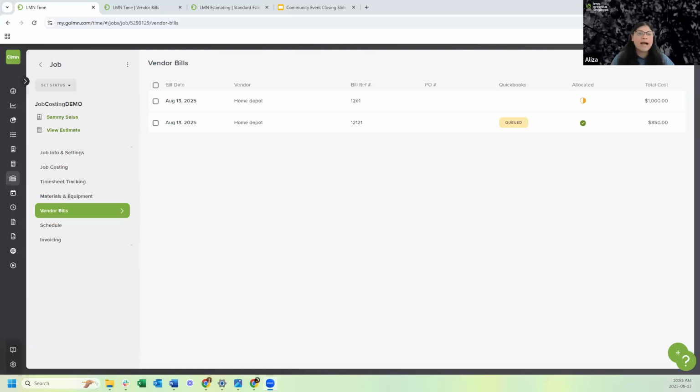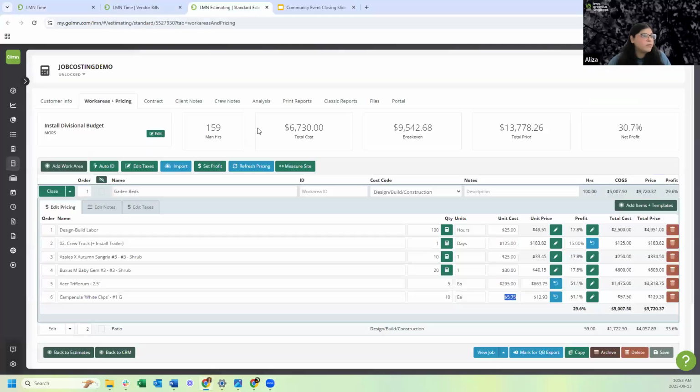But I get it. Most companies don't want to add in every single item one by one, especially if they have like 20. So that's totally fine and totally acceptable if that's the way you're doing it for job costing. But for those big items like concrete, or maybe there's an expensive plant you're using, for example, I have one here that's quite expensive, which is this one right here, my Acer, those are the ones I would want to track one by one,